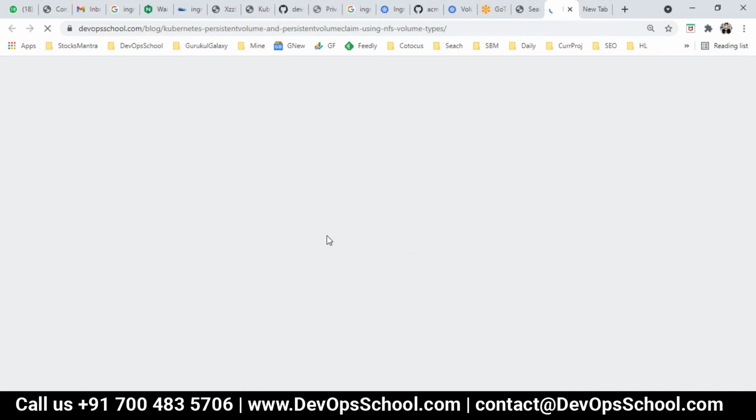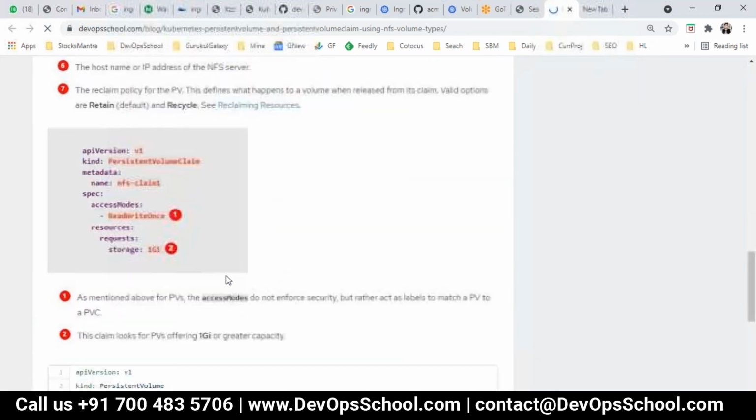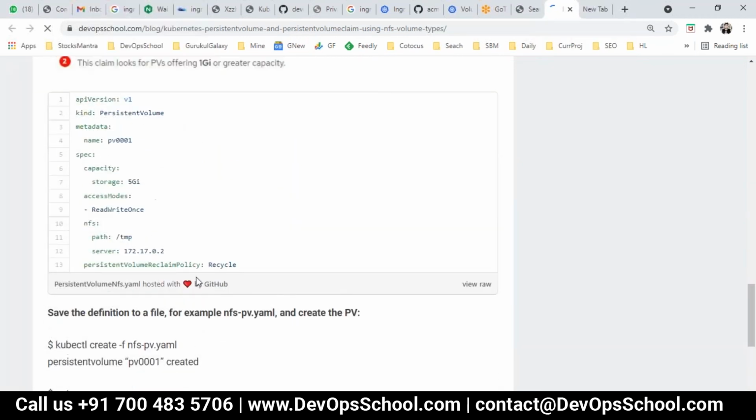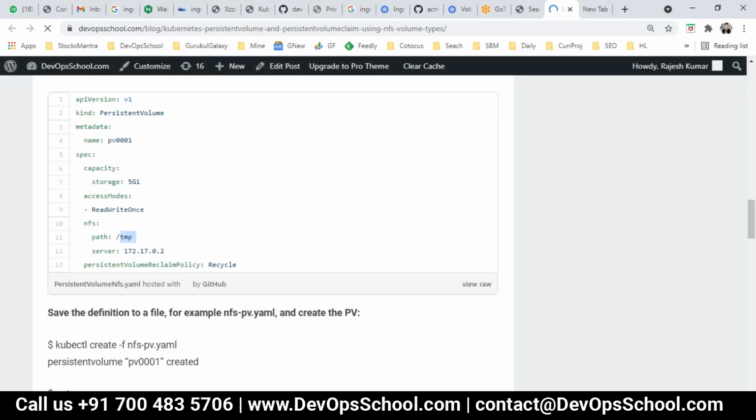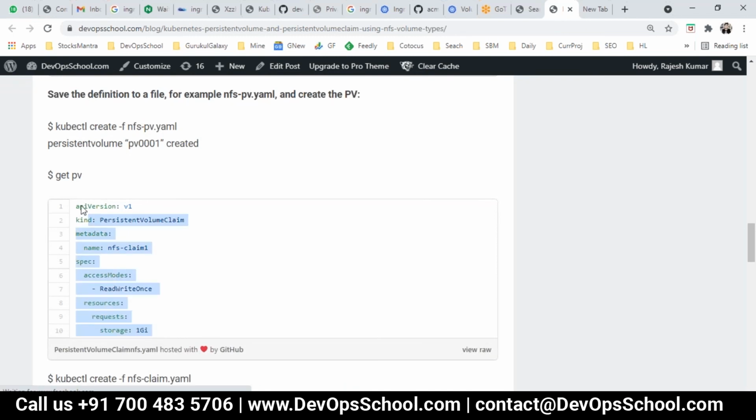Okay. So here I'll just run through the command. NFS server, if you have, see here. So go down. In this you are creating a PV, but PV using what? If you look at this driver PV, last time I tried host path, this time I'm trying NFS. So this is the NFS server, and inside the NFS server the directory name is TMP. Okay, so we created a PV NFS. Now for this PV, you will have a PVC created. See here, 1 GB of it.